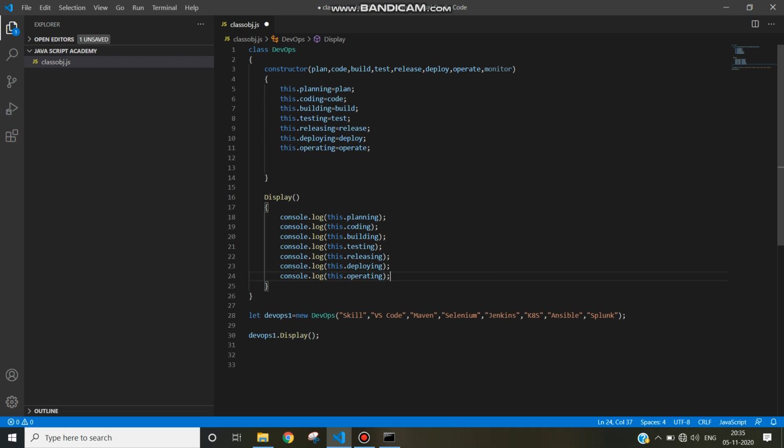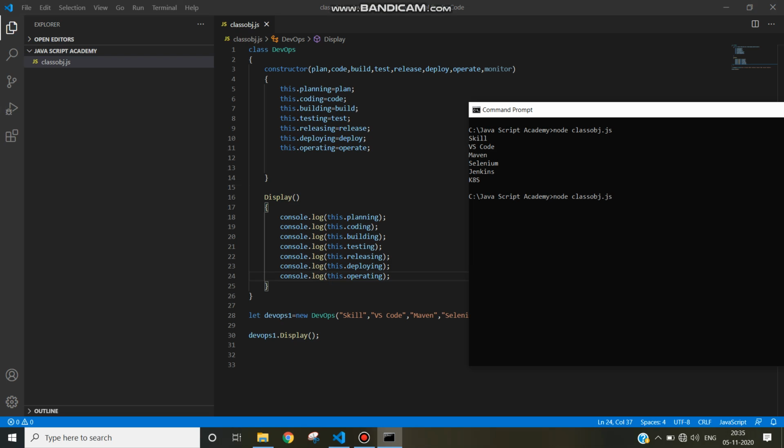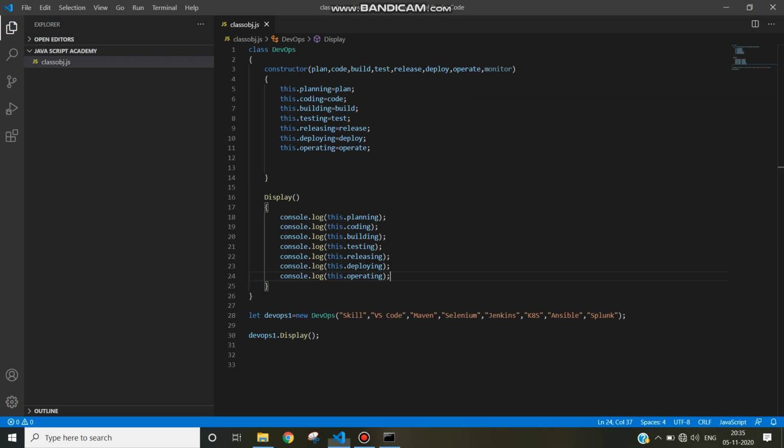So operating, so Ansible should be printed. Go here, execute, Ansible is coming now.